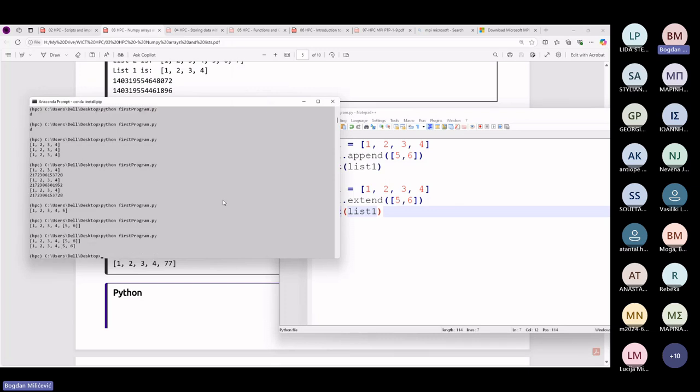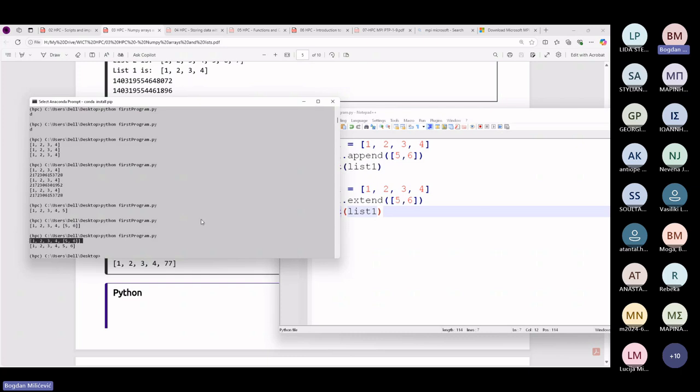Here's what we will get. So the extend works in a similar way in which the plus sign works. We will extend the list 1 through 1, 2, 3, 4 with a list of elements 5 and 6. So the results will be like this, where we'll have a total of 6 elements, and here we have a total of